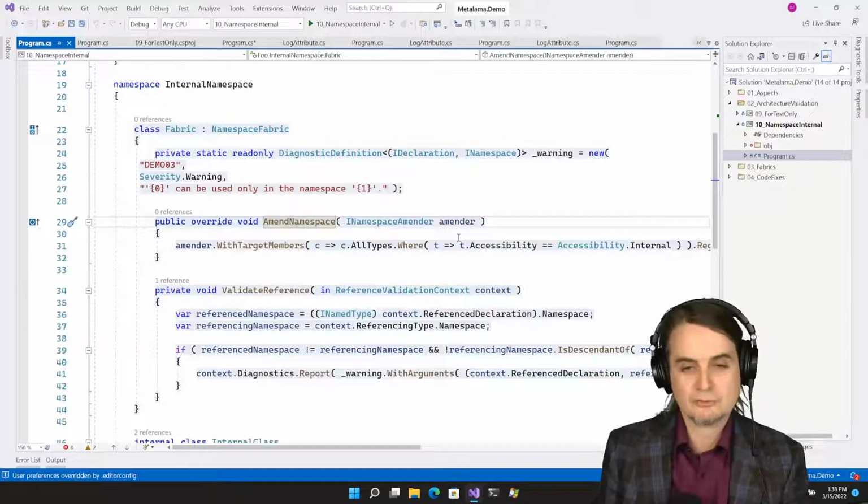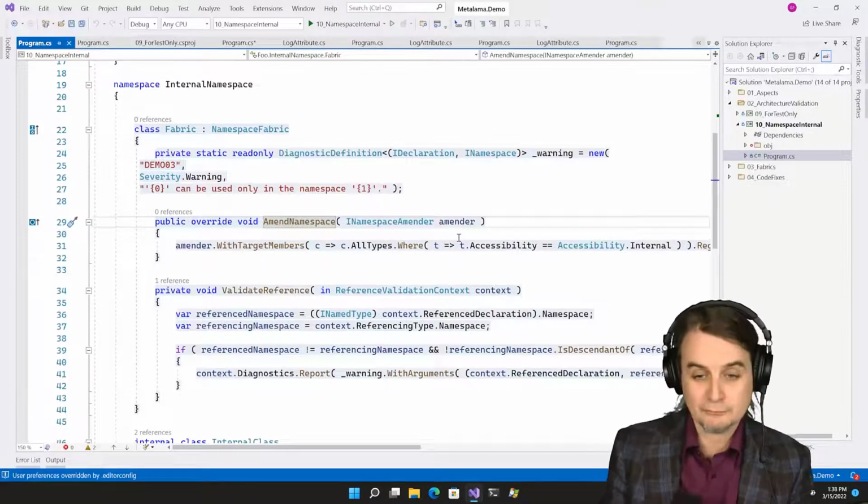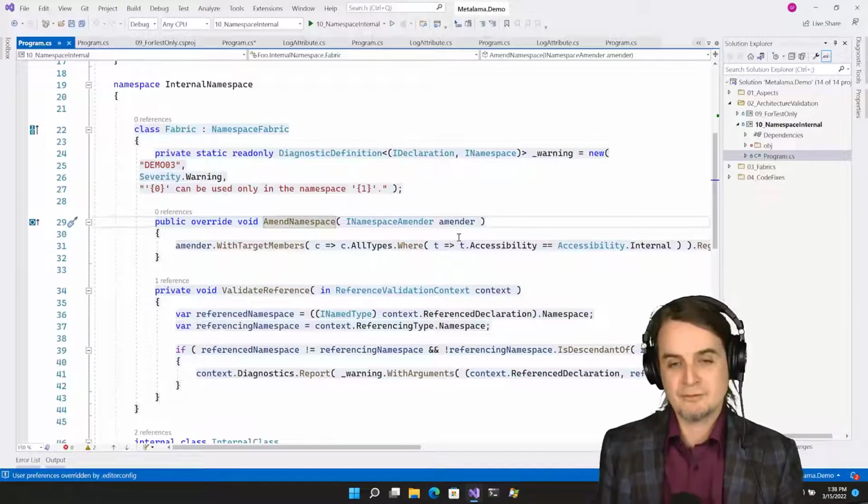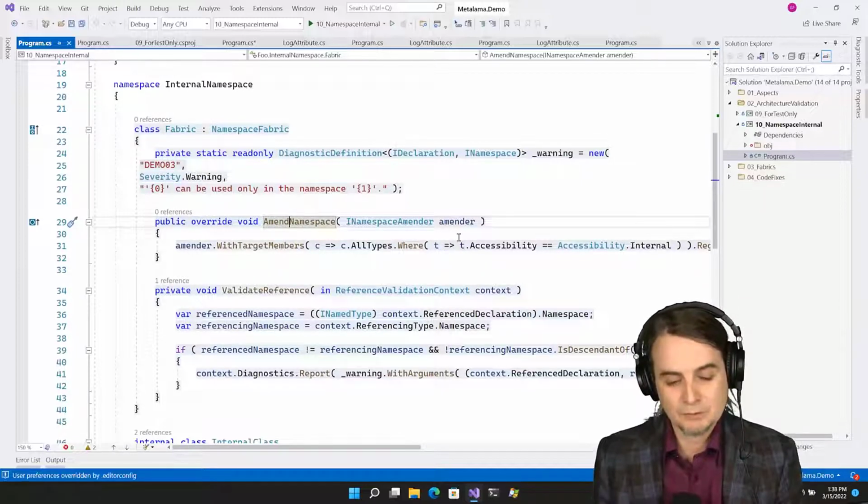This is just the thing that I want to implement now for the sake of the example. So I would like the internal keyword in this namespace to mean that the declaration can be used only in the current namespace, including the children.